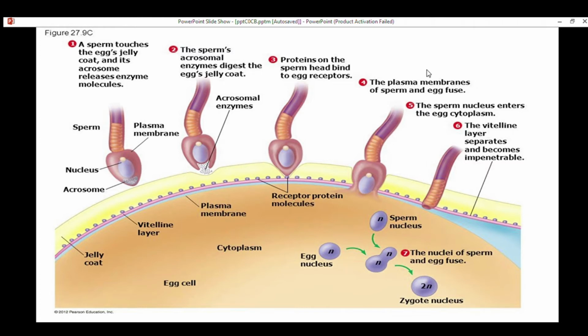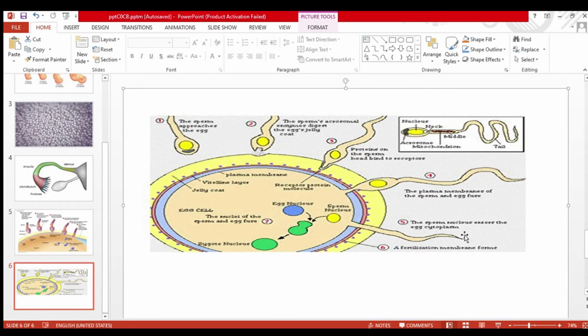Then the plasma membrane of the egg fuses and the nucleus of the sperm is released in the egg. The zona pellucida layer separates and becomes impenetrable. It remains behind. Okay. Then phase 3 starts. The sperm enters the oocyte. The tail remains outside and degenerates, and the cell membrane which was surrounding the head of the sperm also degenerates. So the mitochondria of the sperm degenerate, the tail of the sperm degenerates, and the nucleus of the sperm is now called the pronucleus.